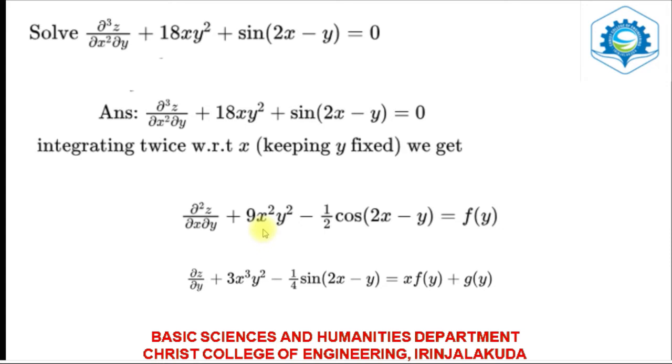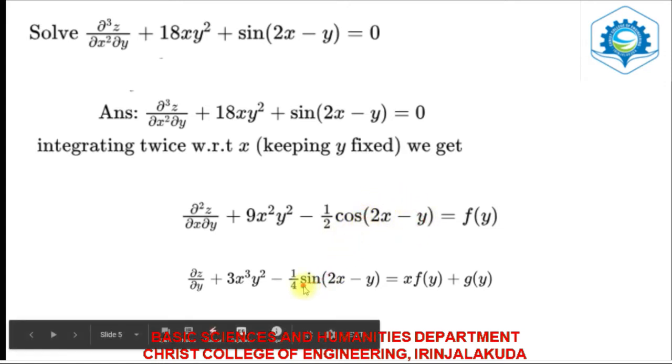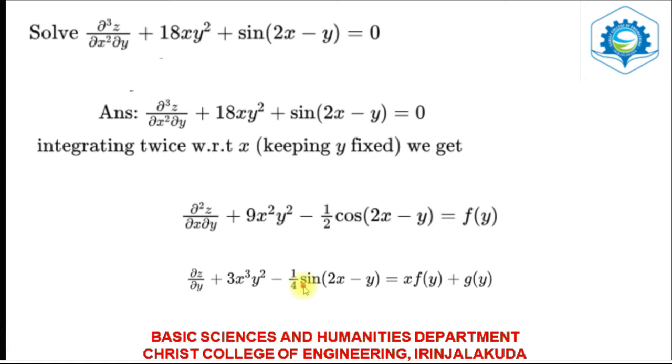Again, we are going to integrate cos(2x − y) with respect to x. What do we get? The integral of cos is sin. So we have sin(2x − y). Already we have 1/2, and we will get another 1/2 there. So it is 1/4 sin(2x − y) equal to the derivative of f(y) with respect to